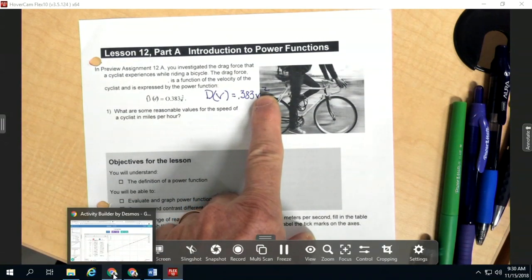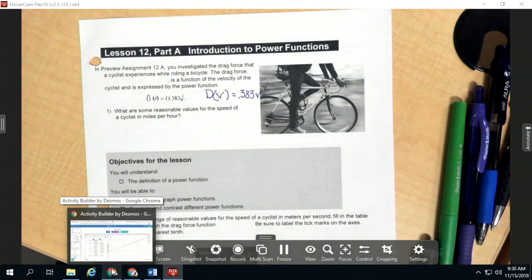What are some reasonable values for the speed of a cyclist in miles per hour? Anybody a biker? You are a slow biker. Okay. Anybody a little bit faster biker than that? 15? Yeah, I can do, usually I ride about 12, 13 miles an hour, but I could do 15